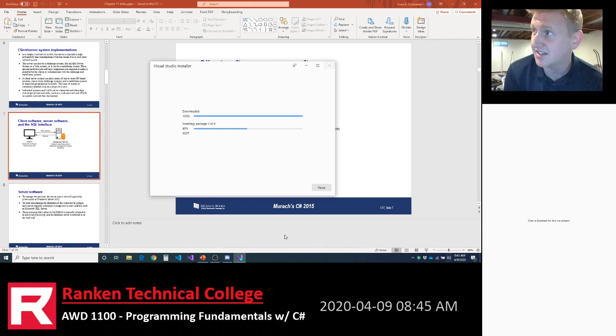But I right-clicked the data connections and I said add new database. Add connection or create new SQL Server database. That's what I see. Yep, add new database. Once this installs, I should be able to get back into it. I'll come right back to this.